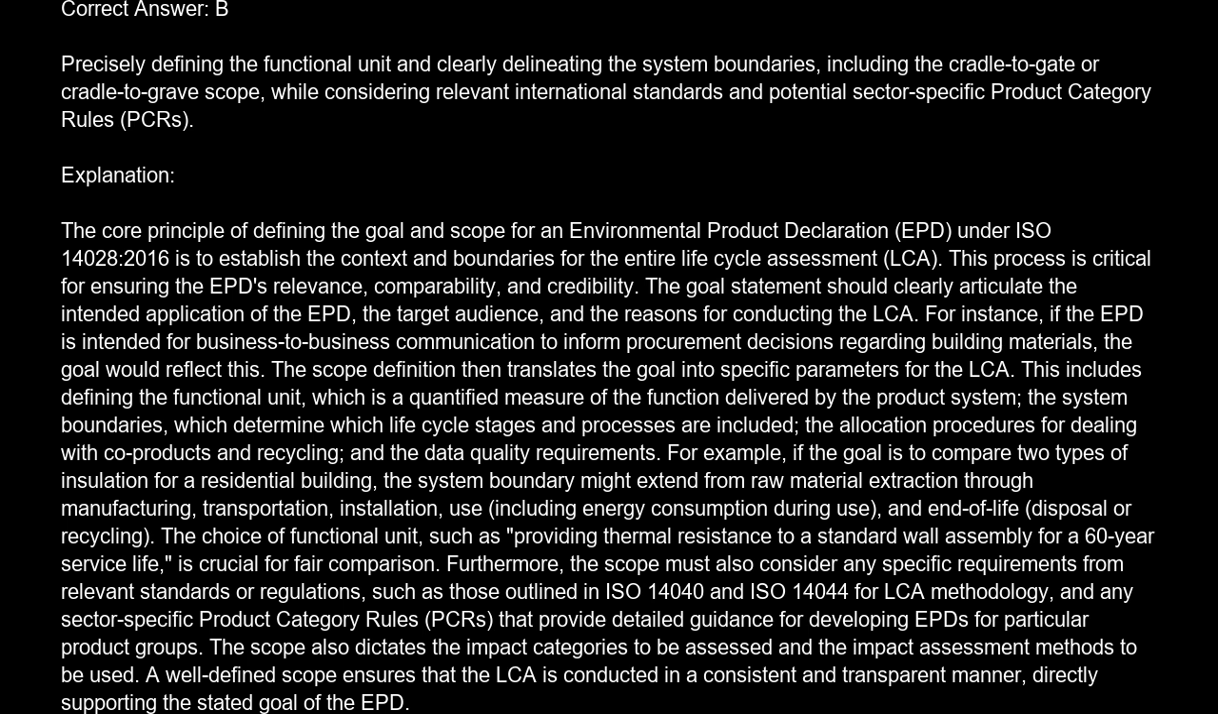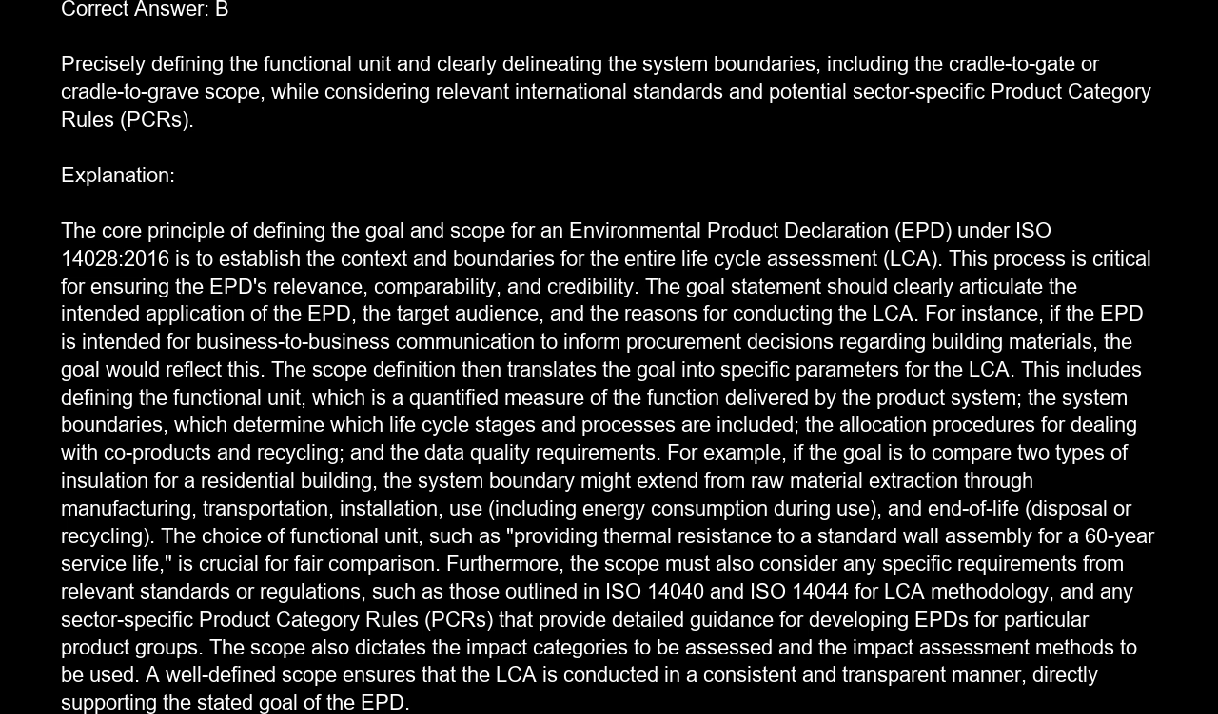Explanation. The core principle of defining the goal and scope for an environmental product declaration, EPD, under ISO 14028-2016, is to establish the context and boundaries for the entire life cycle assessment, LCA. This process is critical for ensuring the EPD's relevance, comparability, and credibility. The goal statement should clearly articulate the intended application of the EPD, the target audience, and the reasons for conducting the LCA. For instance, if the EPD is intended for business-to-business communication to inform procurement decisions regarding building materials, the